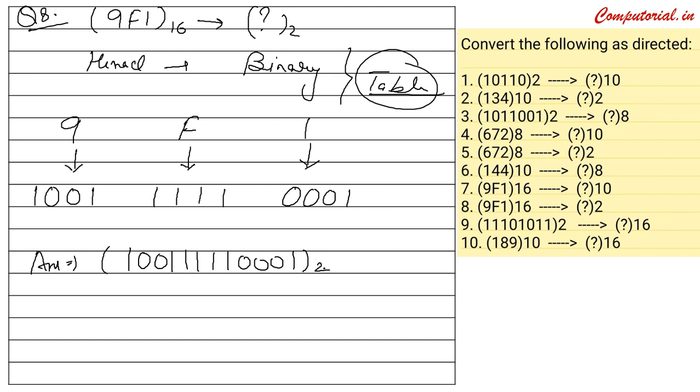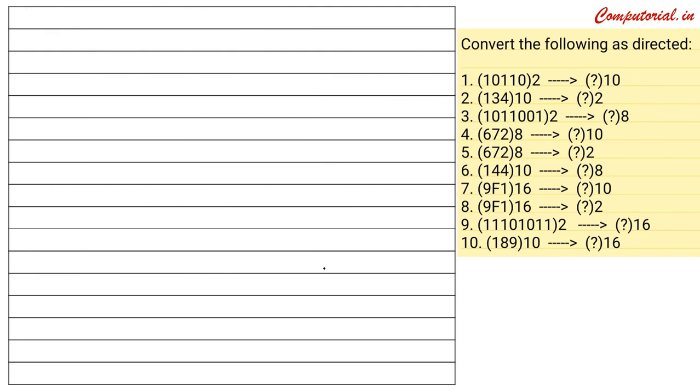Now let's move to our question number 9. So with this we have solved at least 8 questions till now. Now we are moving towards the next question, that is question number 9. Well, question number 9 is a simple binary to hexadecimal conversion, and for this again we have to use the same table. So it is 1110, 1011 with a base of 2 to be converted to the base of 16.